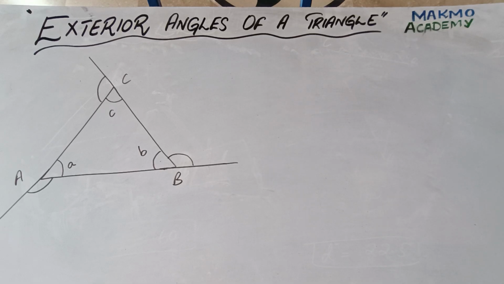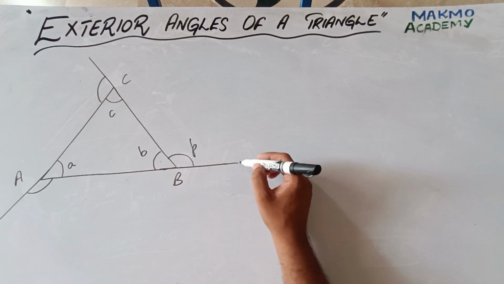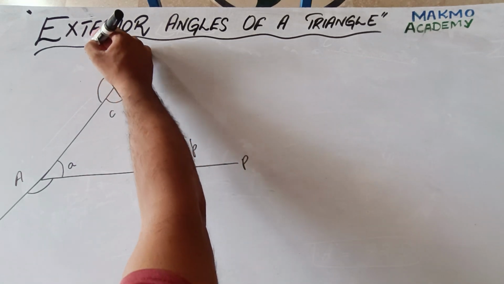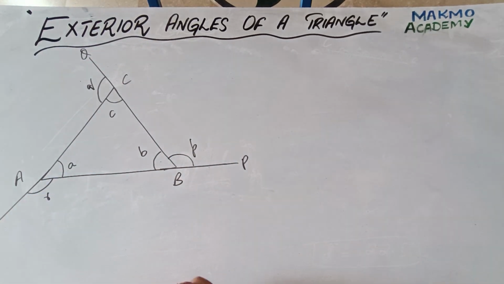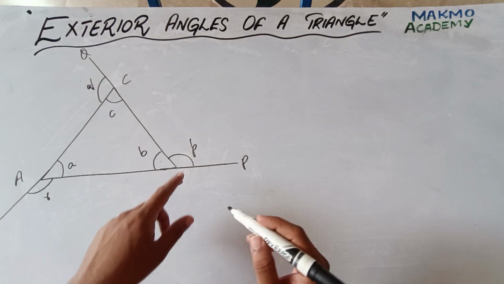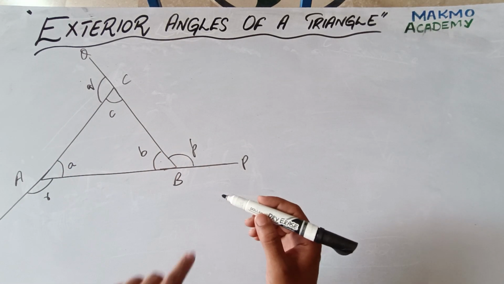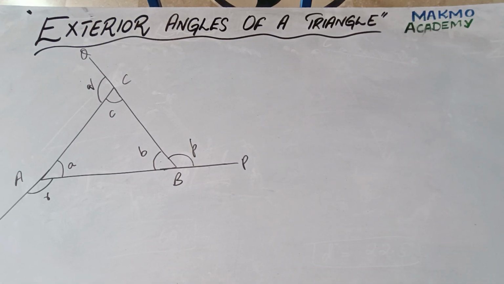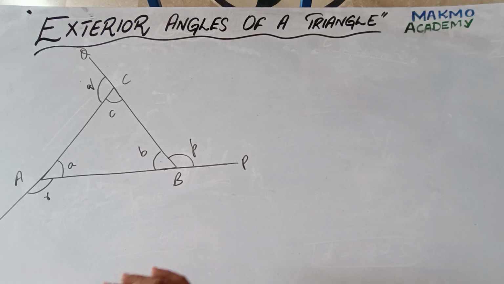So let's name these exterior angles P, Q and R. So we have extended all the sides of the triangle, and these are the exterior angles. What does it mean? This is the exterior angle of the triangle, and there is one property